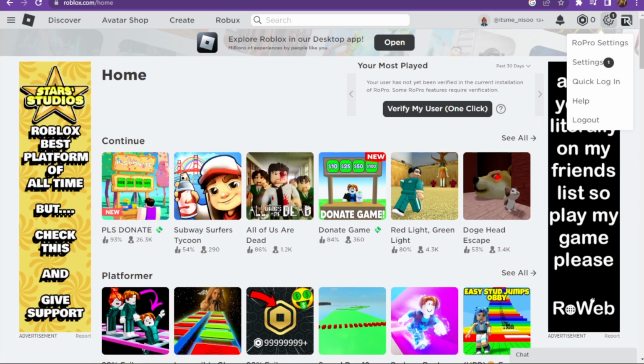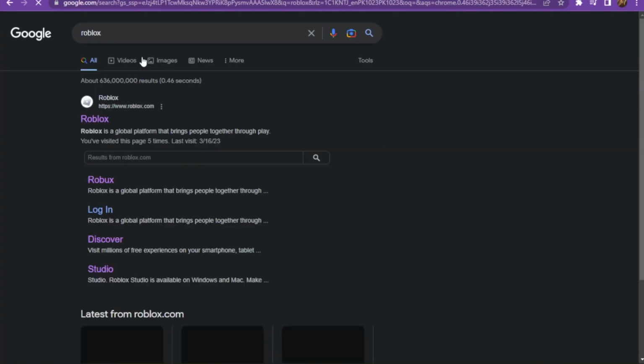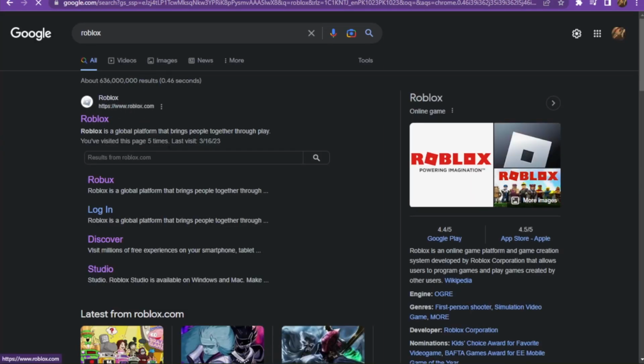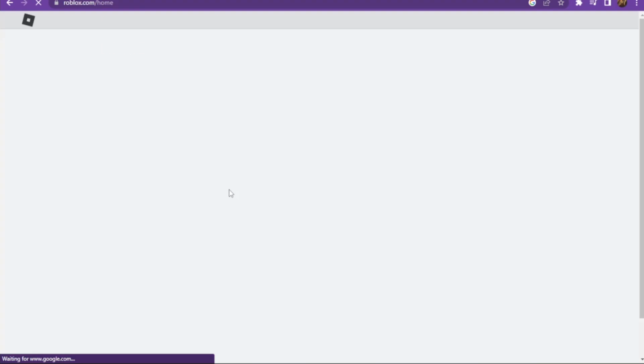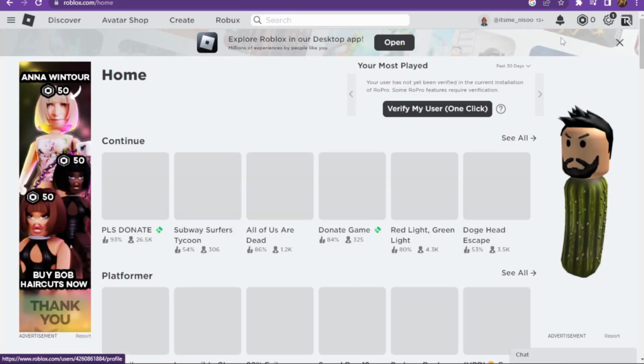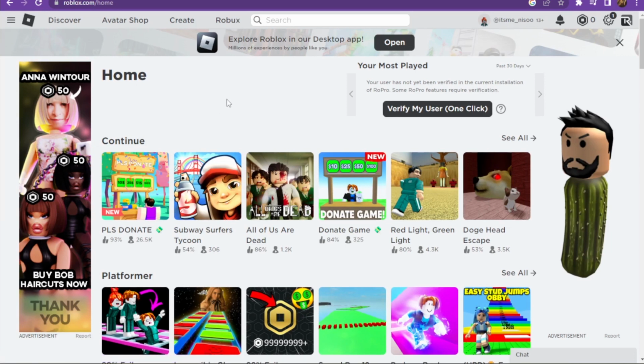After you open it, you just go to your browser and open your Roblox. Now if you add another account, you have to do it like this one. It will just pop up and the second account will be opened. You just have to go to the manager and check it out, but before you check it out you have to log out from your previous account,